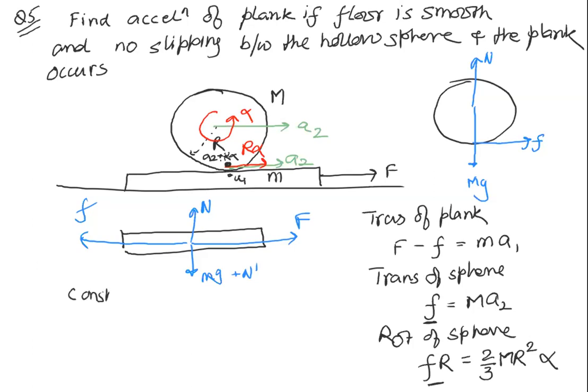So from the constraints, हाँ सही है, a1 is equal to a2 plus